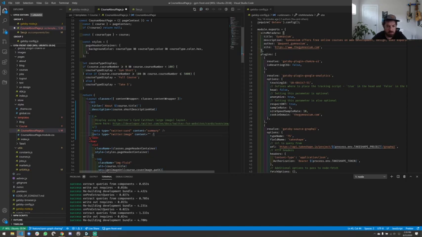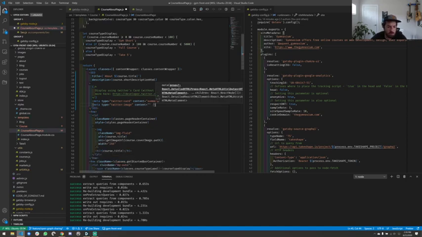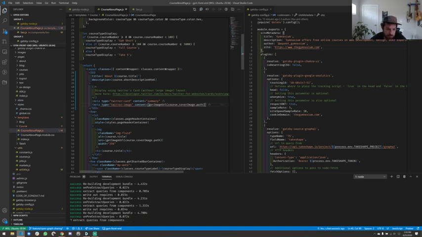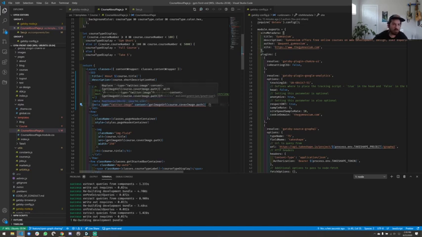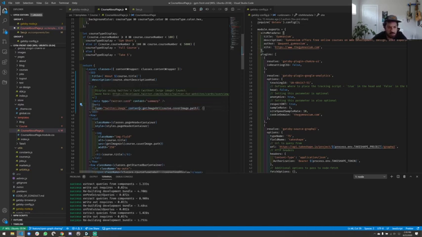And here's where we're going to pass the URL for the image that we use here, the cover image. And now it wants that on separate lines.